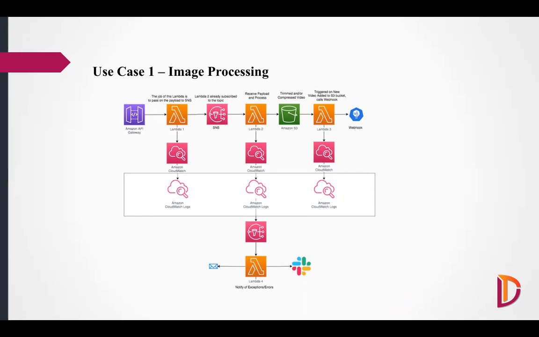Once this thing is processed, it is added to my S3 bucket. That's my storage. And that triggers another Lambda, which essentially calls another webhook to let the user know that your processing is complete. And this is completely async in nature. So Lambda 1 is not waiting for Lambda 2. Lambda 3 is not waiting for Lambda 2. Right? So these are completely